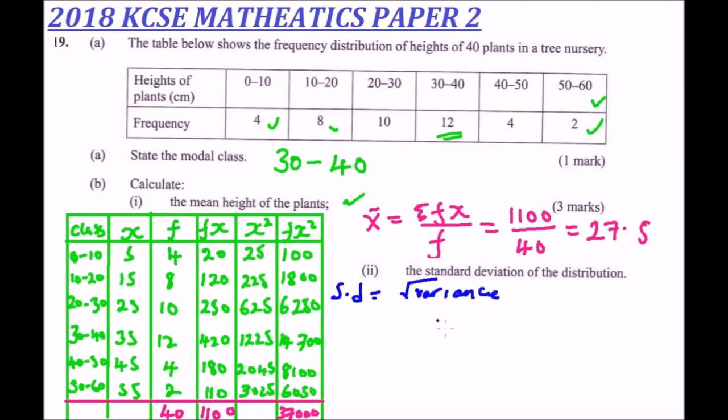You write that in form 4. So we need to get the variance, then we get the square root. So variance is equals to